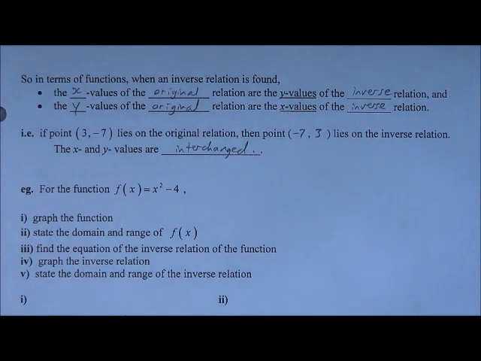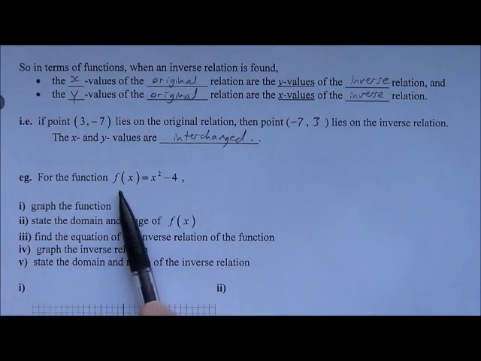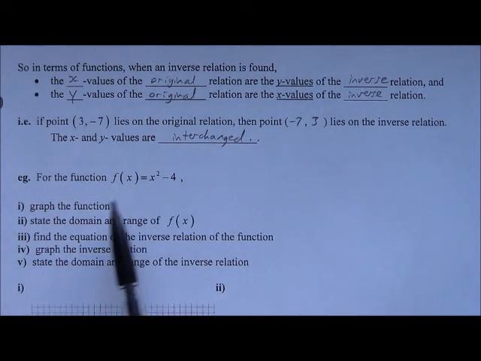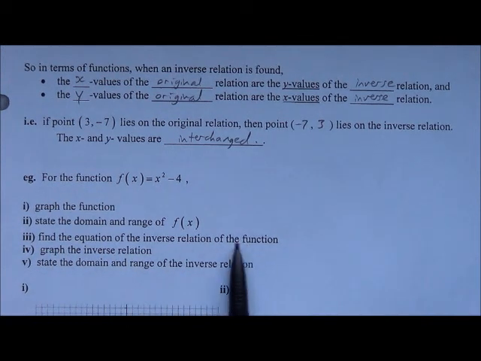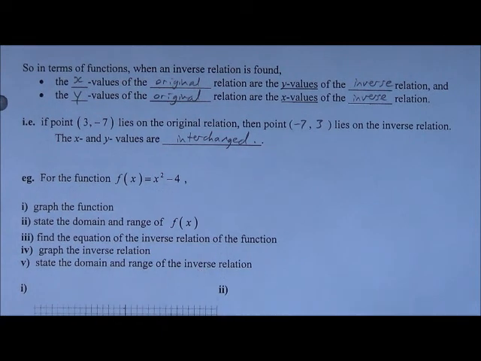So for this next example, take f(x) = x² − 4. I want to graph it, state the domain and range, and then we want to find the equation of the inverse relation, graph the inverse relation, and state the domain and range of the inverse. Okay, so